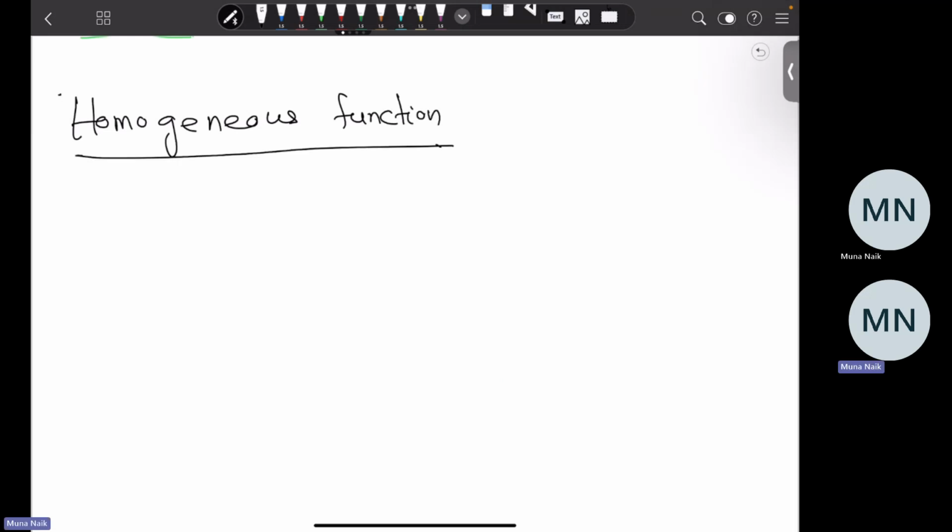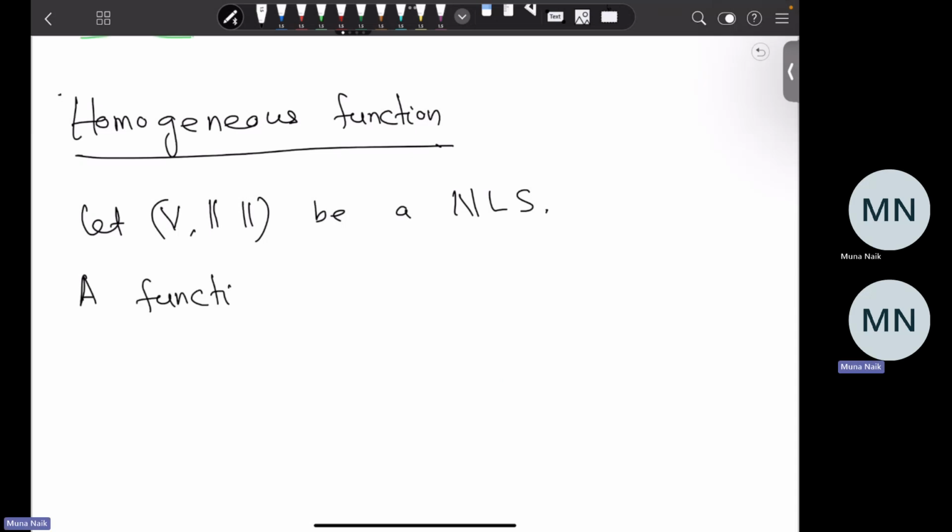So what is a homogeneous function? Let B be a normed space. A function f from B minus {0} to R is called a homogeneous function